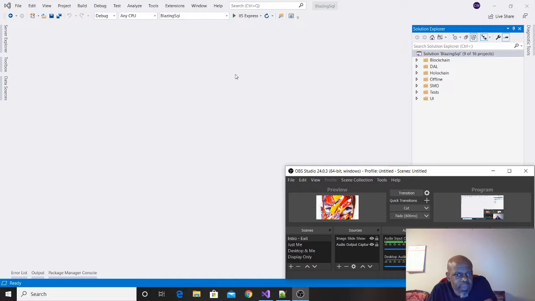BlazingSql is basically just another permutation of ASP.NET. Really, it runs on top of the ASP.NET framework. It's a different pipeline, and it actually allows you to create small applications, which are single-page applications. If you're familiar with React, Angular, Vue, and however many other frameworks are out there, this one is just based off of C#.